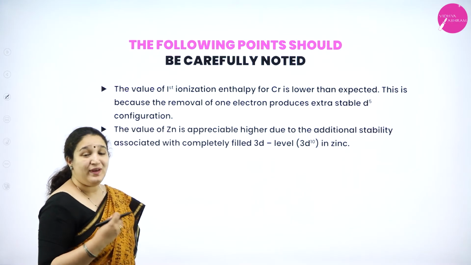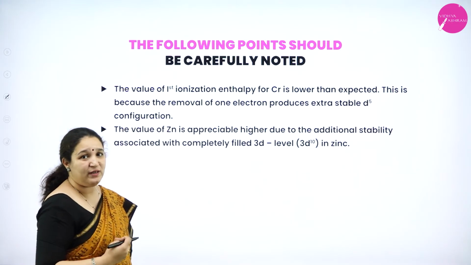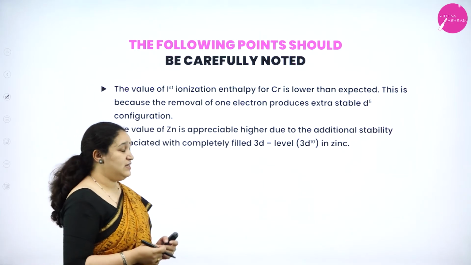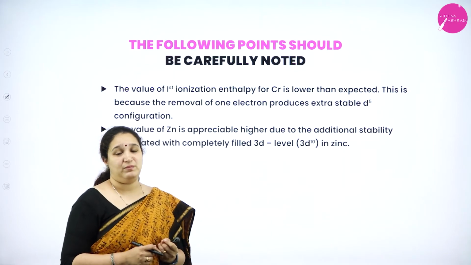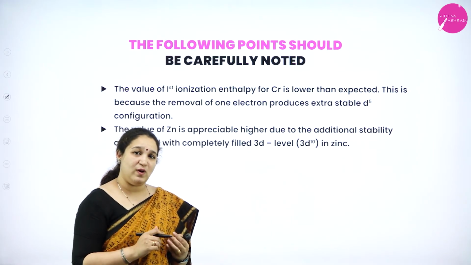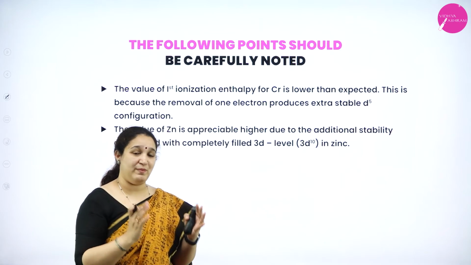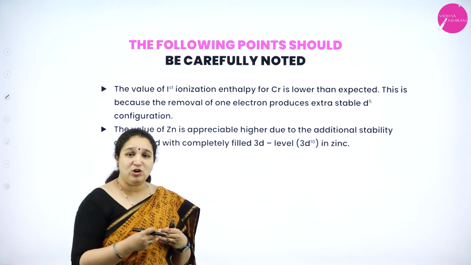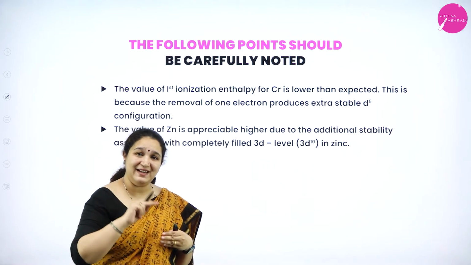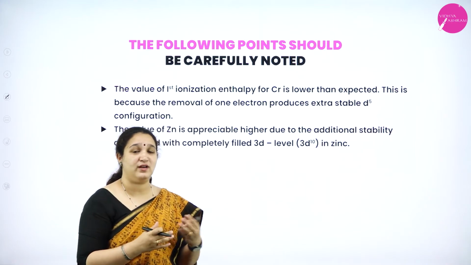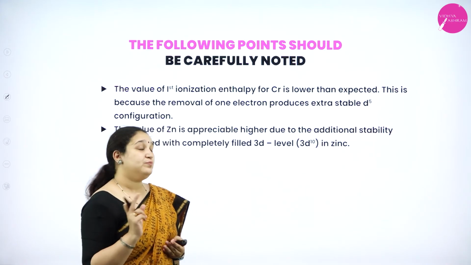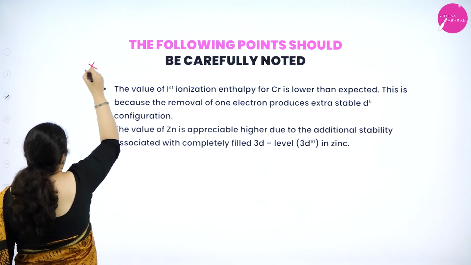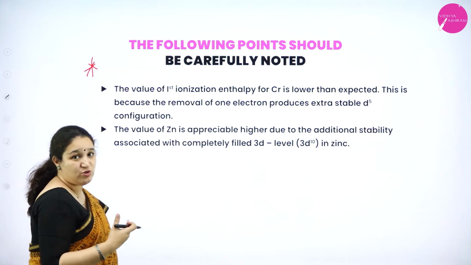Next, we have to remember some of the important points when it comes to ionization enthalpy. Now, before I go into this, first ionization enthalpy means the amount of energy required to remove the first electron from an atom. Second ionization enthalpy means the amount of energy required to remove the second electron from a cation which is already formed. Correct? So, the points which you need to remember, and this is again very important, they can ask as give reason questions also for your exams.